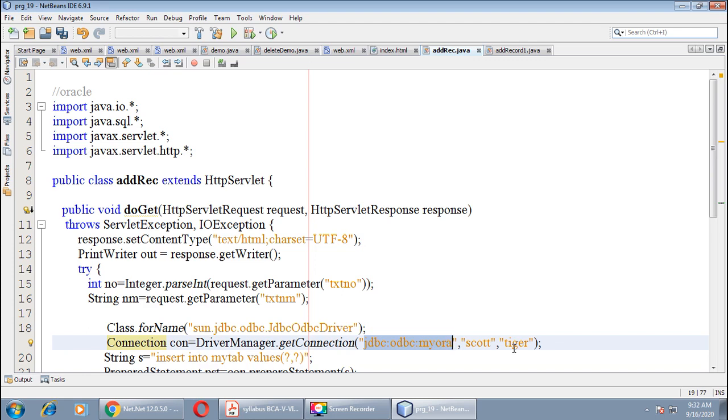I have already created one table with the name myTab in Oracle. Now through this code we just want to enter values in that table, right? So we will take a query: insert into myTab values, question mark.